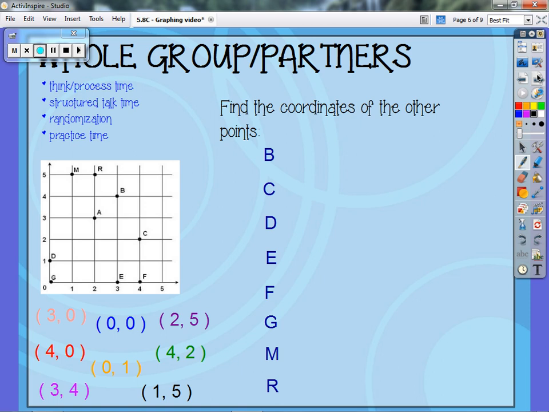We're going to start out by finding the coordinates of B. Again, let's go ahead and put our finger here. Let's see where B is at. I know B is right here, right? I'm going to put it right here because this is where we want to get to. Okay. Again,